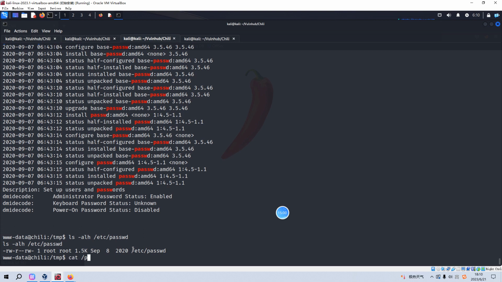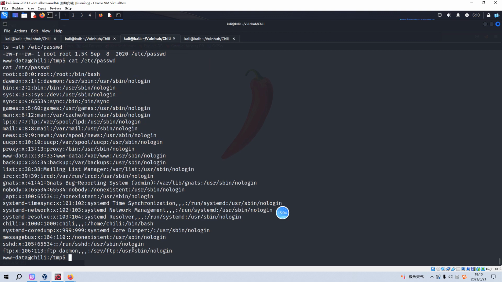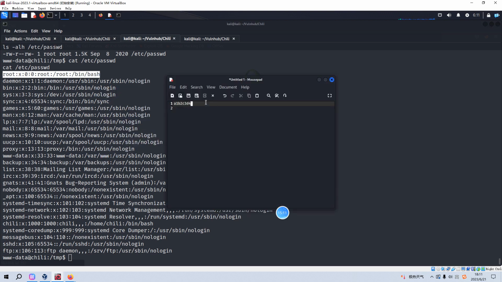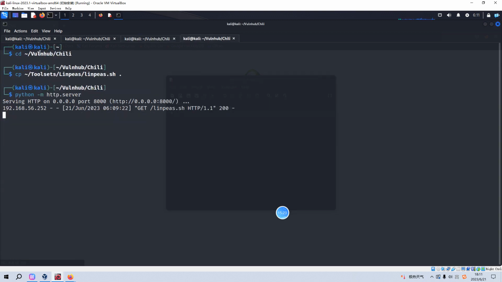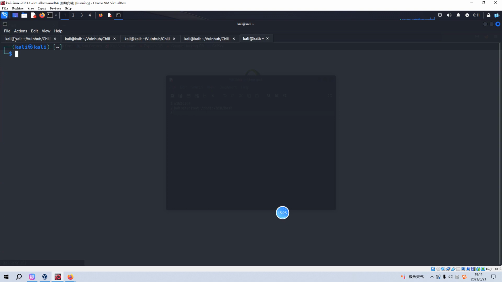And we can cat this password file, and we can make a copy of this line, and we can change, for example, the username to Bob. But we need to generate the encrypted password, which can be done by